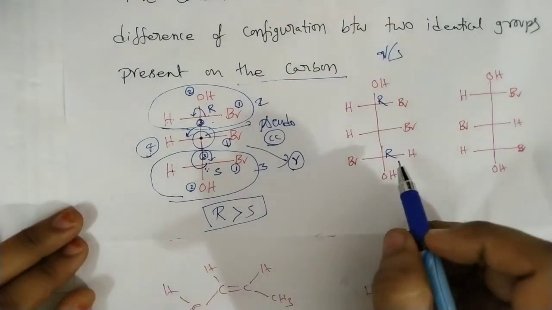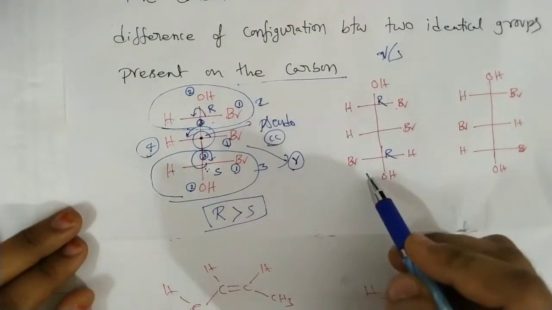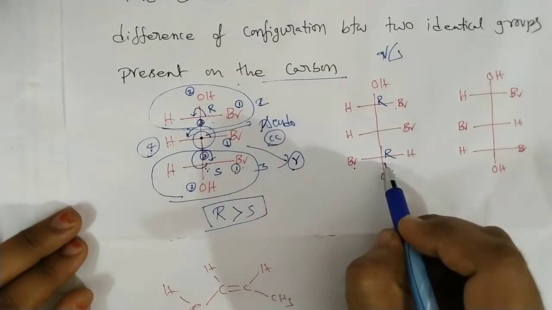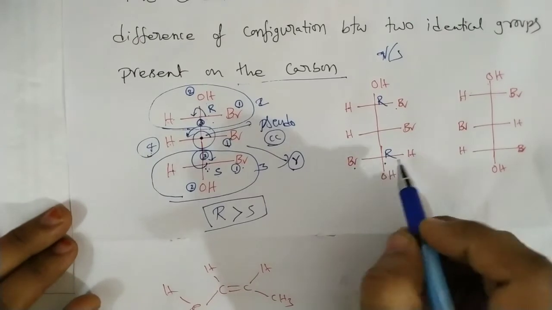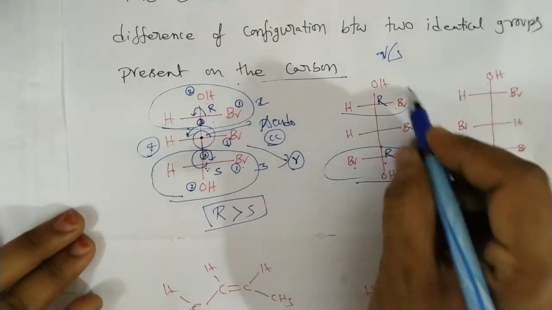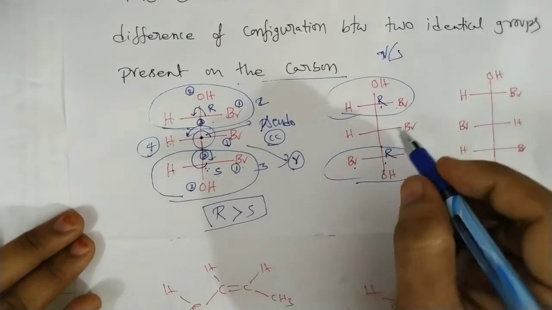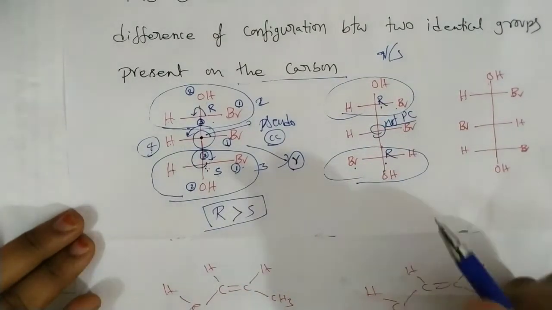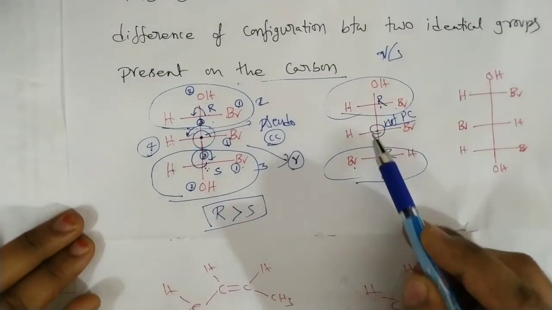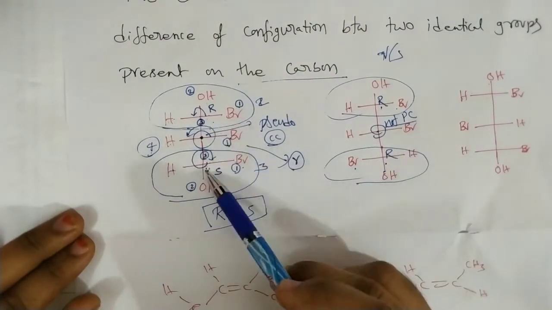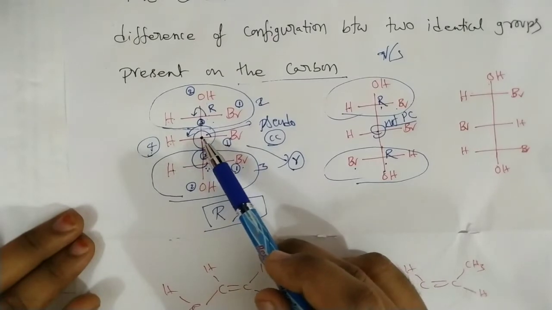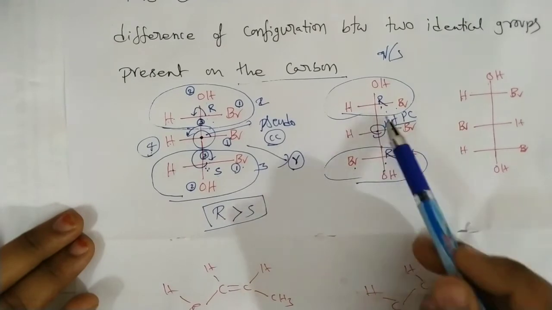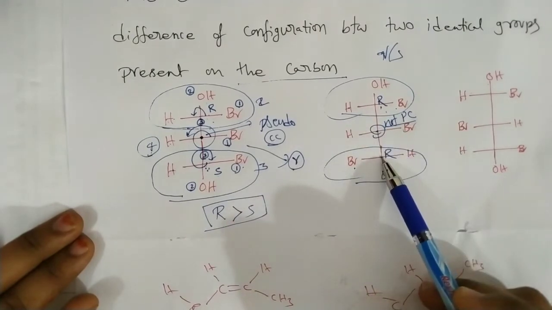Now coming to this one: hydrogen, bromine, here bromine on the left side, here bromine on the right side, S configuration. So this one definitely has an R configuration. These are structurally the same and configurationally also the same, so it is not a pseudo-chiral carbon. In the other compound, structurally the same but configurationally different, so you say this is a pseudo-chiral carbon, but this one is not, because it is structurally the same as well as configurationally the same.